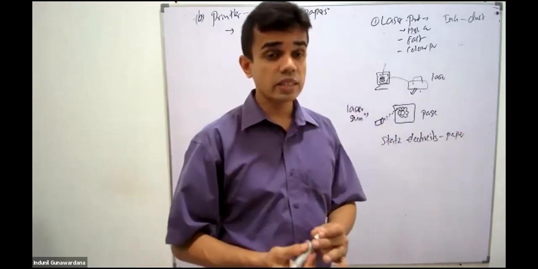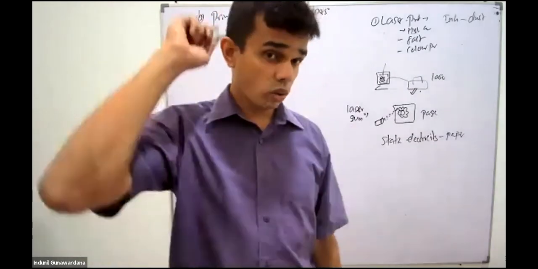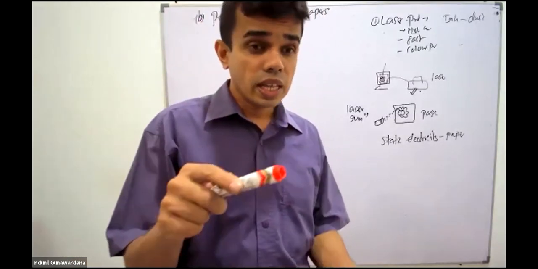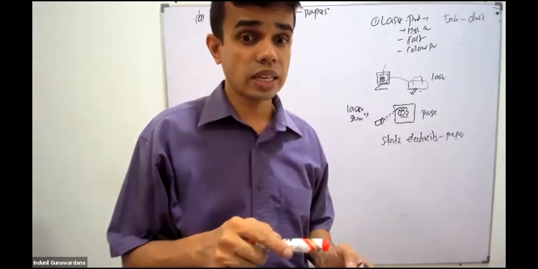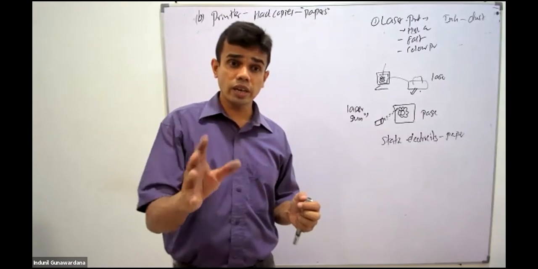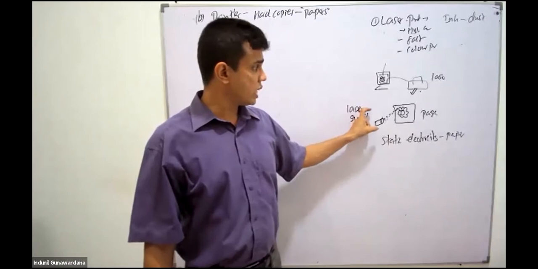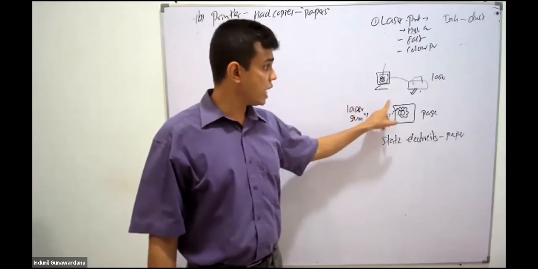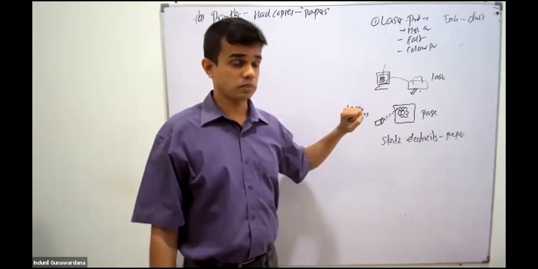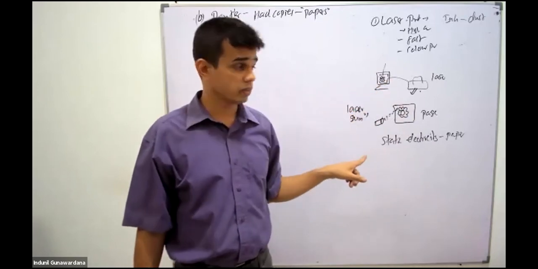We know about static electricity. You did it in your school days. What is that? When you rub a pen on your hair and keep that closer to some small papers, they get attracted. Static electricity. Can you remember that? So is this static electricity lasting for a long time or only a little time? Only a small time. So somehow this laser gun makes static electricity on the paper where the printing has to be added. So laser gun is focusing on those areas, very quickly doing it.